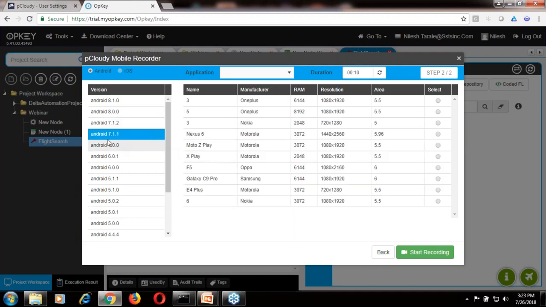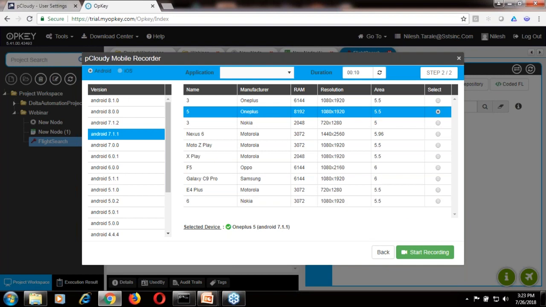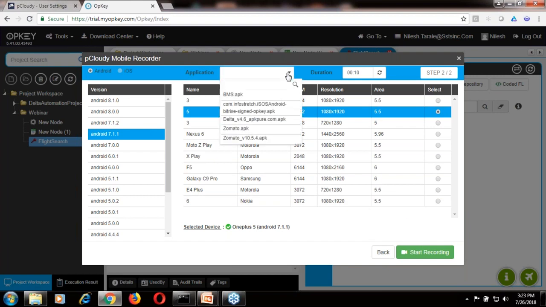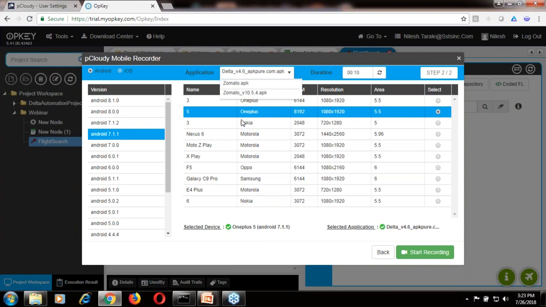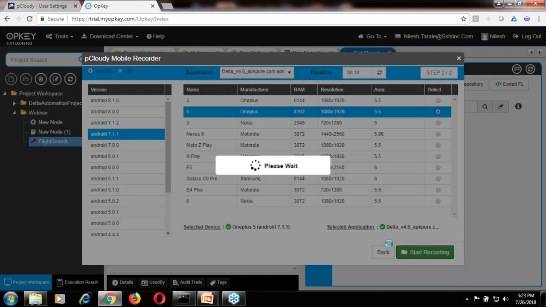So let's say I'll take 1 plus 3 for example, right? Or 1 plus 5, let's say 1 plus 5 here, and I selected this device, and say I have to go and select the application. So here I can go and select the application. I'm selecting Delta application. I've selected the device, and I say start recording. When I say start recording,